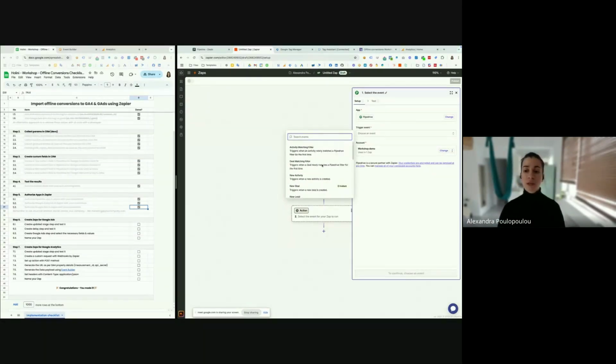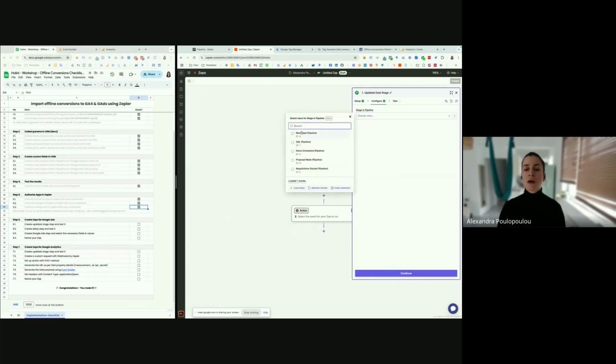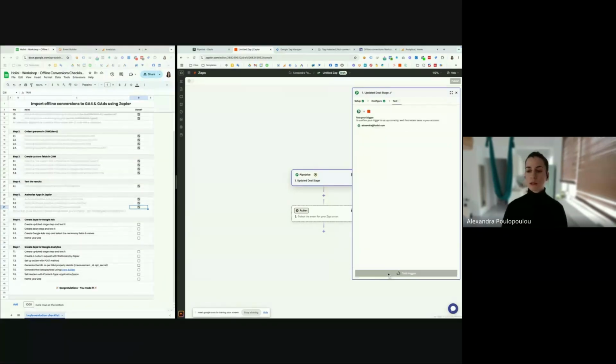So you will see that we have multiple trigger options available. But for this specific example, we are going to use updated deal stage. We will continue. Then we will select which stage in our pipeline will initiate this Zap. We will select SQL and continue.